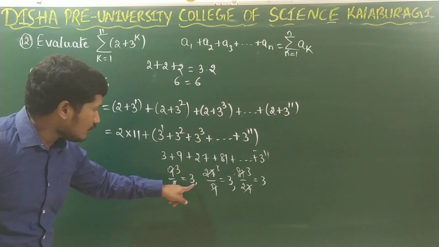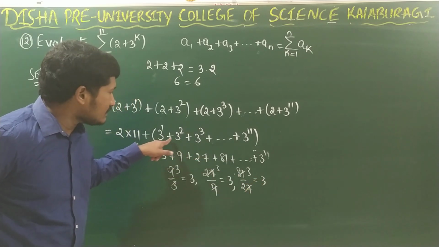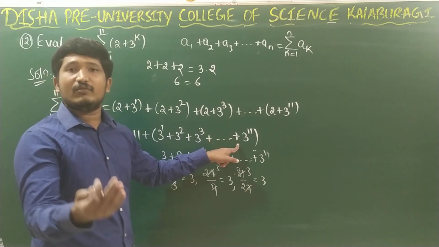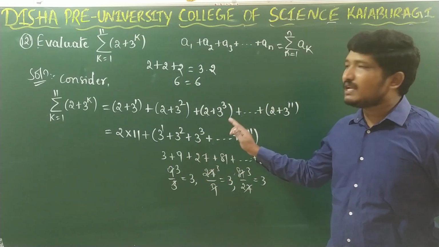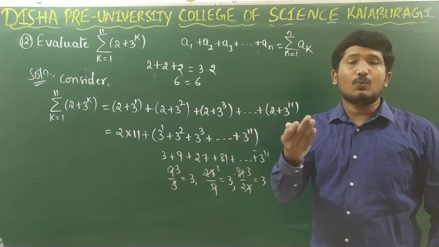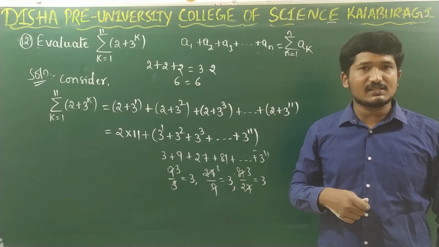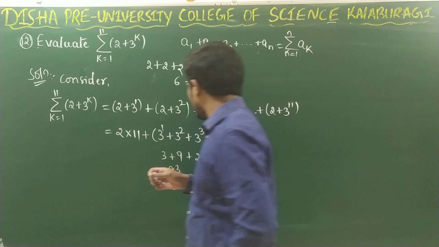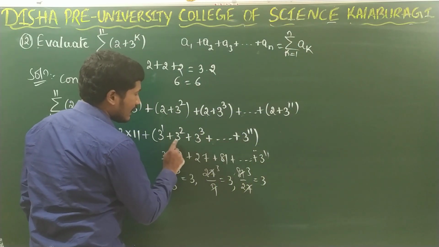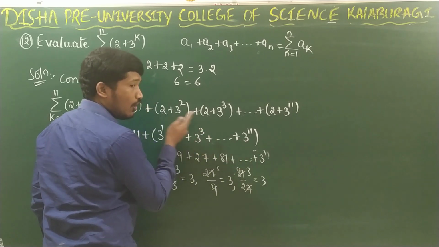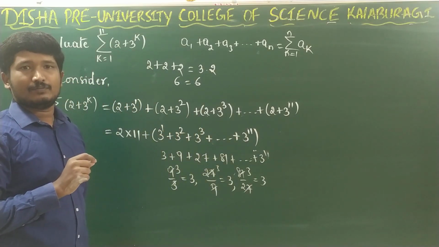The ratio for each term is same. That is, this series is giving us the common ratio. So if the series has the common ratio, what type of a series it is? Obviously it is a geometric series, right? So see here, in this geometric series we are adding all the terms. How many number of terms are there? 11 number of terms are there.